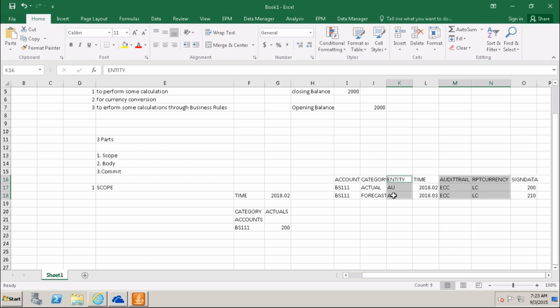That is one point. We will get the specific requirement and maintain it, mentioning it in the scope.